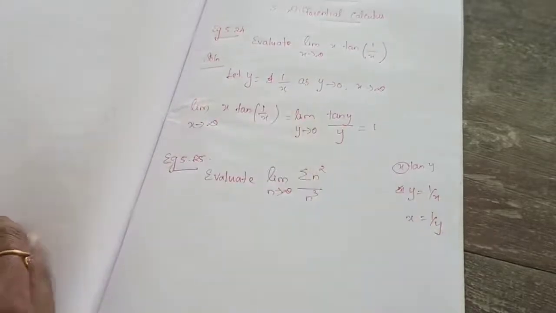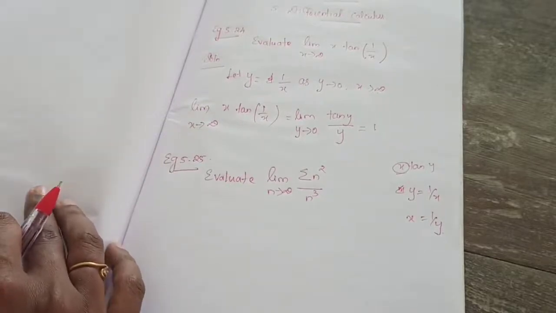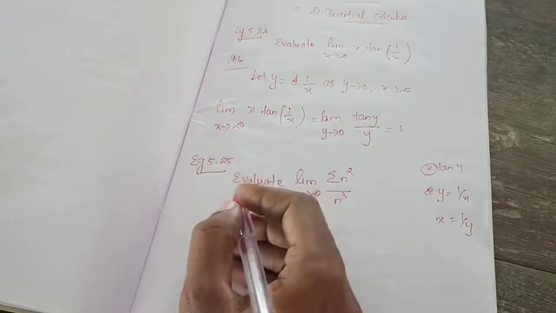Summation n square divided by summation n cube. The same model, only one problem is in the exercise that you can do. Okay, so this one,